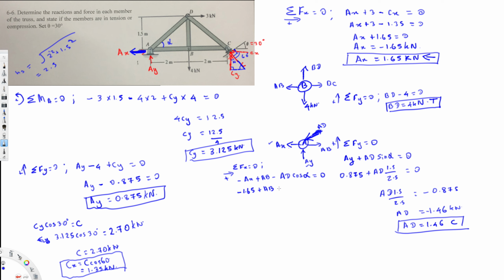It's going to be minus AD 1.46. Cos alpha is adjacent over hypotenuse, so 2 over 2.5, equal to 0. And if I solve for this one, I will get AB is equal to,